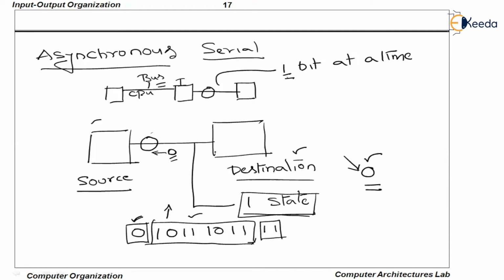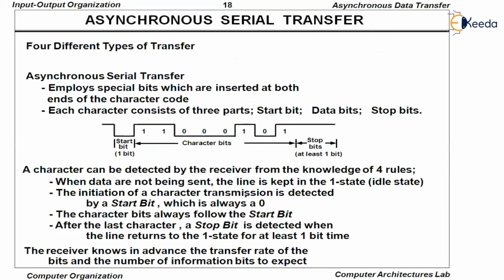The moment the destination receives the byte, it checks for the ending digits also. Those are 2 ones, which means that the moment it receives 2 ones, the byte has been properly transferred. Okay, so if you want to transfer the data, so this is the byte, a 0 should be put in the beginning. A single one or 2 ones must be in the ending.